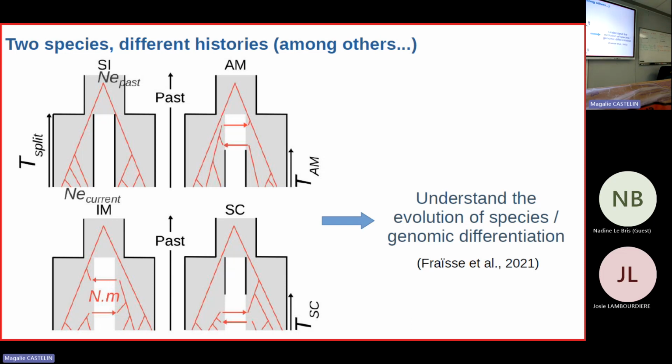Another model which has been studied for quite a long time in some papers is isolation migration, which is more complicated to study. It's the idea that you could have divergence, but still a bit of continuous exchanges. In some cases, you have hybrids. And then another one is secondary contact, which in fact has been observed in various cases, where you have divergence